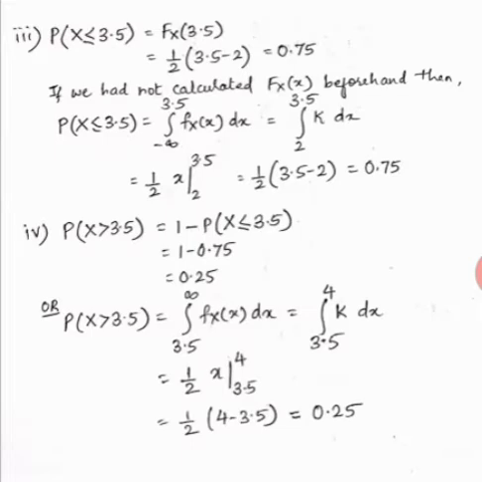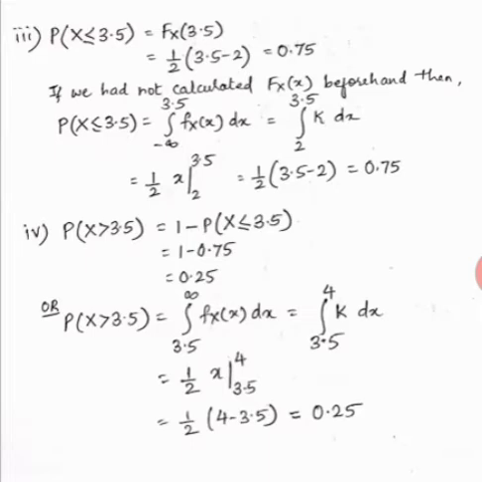Okay, so the fourth one is the probability that x takes on values greater than 3.5. So this is not a cumulative CDF basically. But the probability that x takes on values greater than 3.5 will be equal to 1 minus the probability that it takes values less than that particular value. So here again we can solve this very easily, writing it as 1 minus the probability that x is less than or equal to 3.5. So it is going to be 1 minus 0.75, as we have calculated above. So 1 minus 0.75 is 0.25.